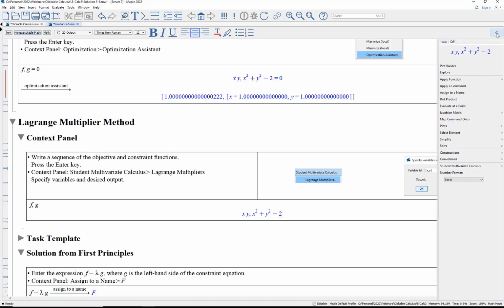Go to the context panel. In student multivariate calculus, when Maple sees those 2 expressions, it says, oh, this looks like it's a Lagrange multipliers problem. And you can see I've copied and pasted an image of that. And when you say, let's go,